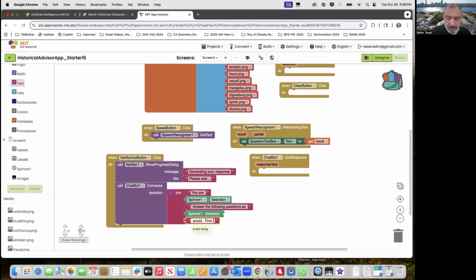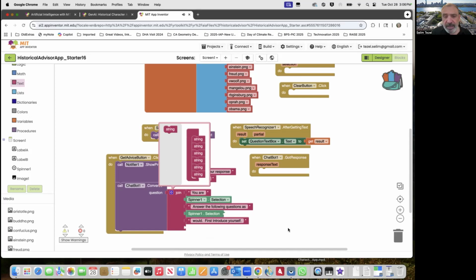First, introduce yourself. Okay, so that way we get a little bit of information who the character is in case the user doesn't know that particular character. So I'm going to leave a space there. I'm going to add one more socket here at the very end.